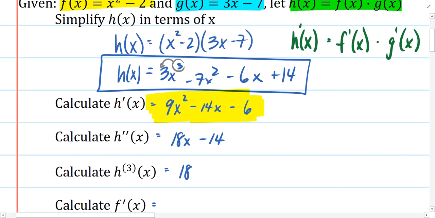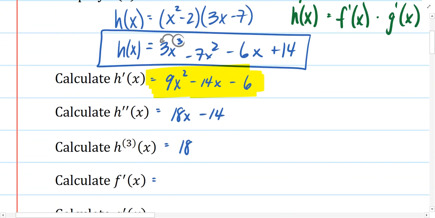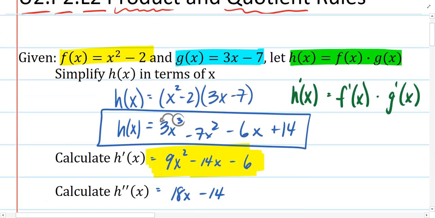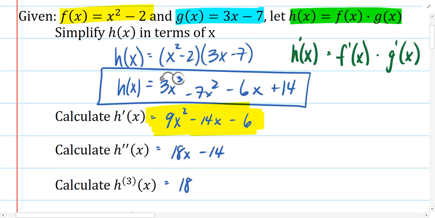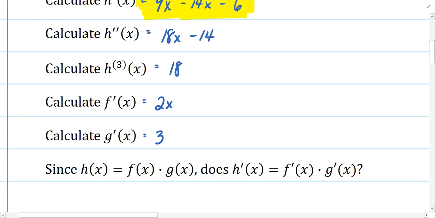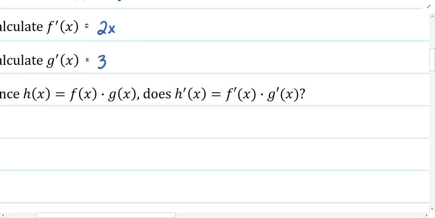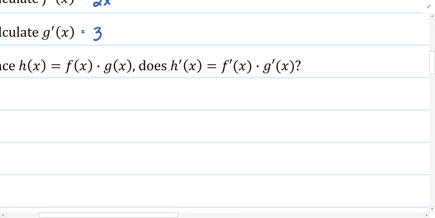F prime of x would be the derivative of this guy, and the derivative of x squared minus 2 looks like 2x to me. And the derivative of g of x, well, here's g of x, and its derivative, of a linear function, is just the slope, which is 3. And so, again, if h of x is equal to f times g, does h prime equal f prime times g prime? Well, we just said that h prime was 9x squared